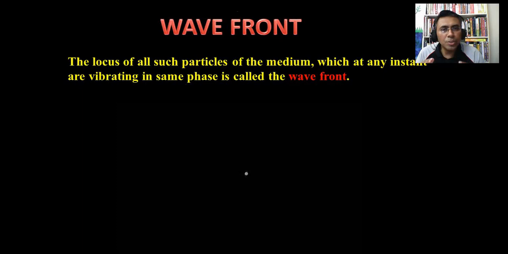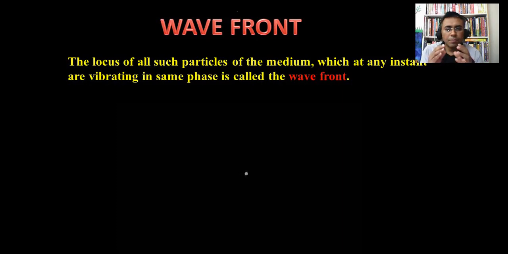The example which we just discussed was of a two-dimensional wavefront. Now in case of light, wavefront is not two-dimensional but three-dimensional. But for the three-dimensional wavefront, will we have a separate definition of the wavefront? No. The definition still remains the same, that it is the locus of all the particles which are vibrating in the same phase in a medium. Now, how does the wavefront of light look?